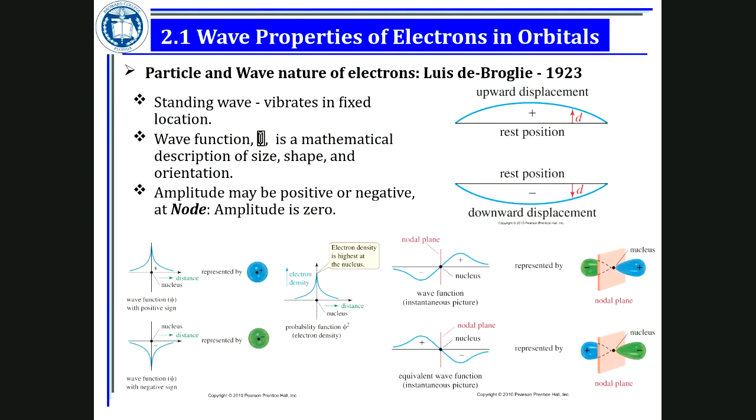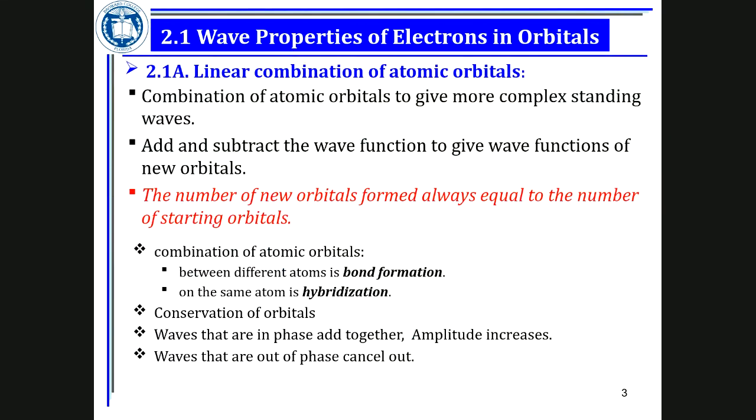What does constructive and destructive refer to? We have to give wave-like property or wave nature to the electron. Then we say electrons are like waves. They have wave-like property. So when the orbitals are overlapping, sometimes they could be constructive and other times could be canceling each other's effect. When they are constructive, they are going to enforce each other. Let me show you another picture of the constructive and destructive.